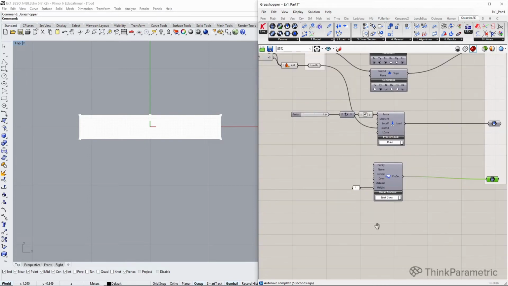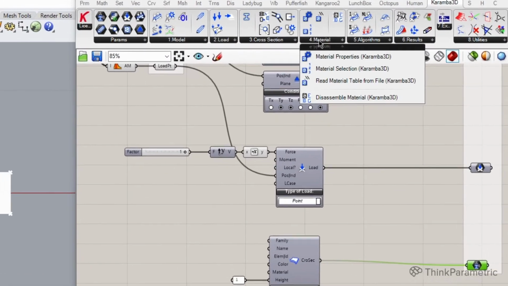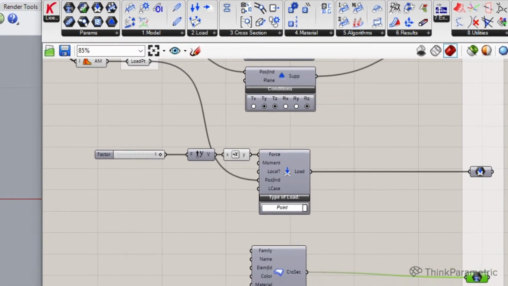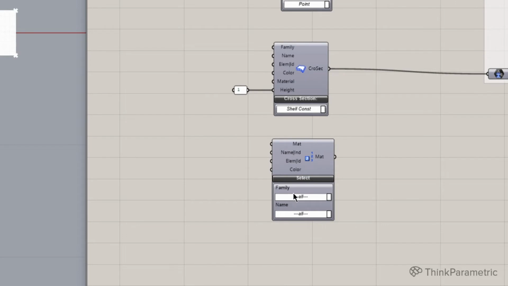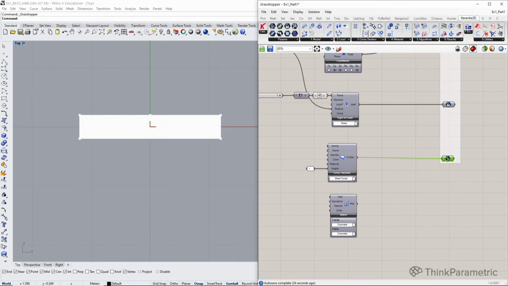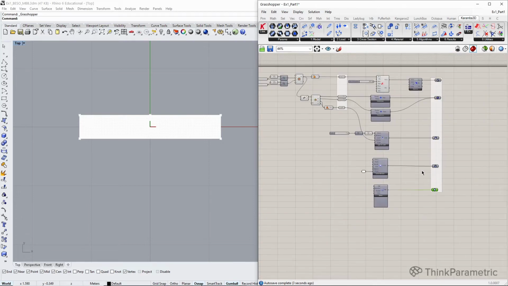And one more thing, it's a material. So we go to material selection, and we could specify our own material, our own concrete properties. But for now, let's go with default values for concrete. And let's see how this works for us. And again, I will create a material parameter, plug this here and add the material to our group.